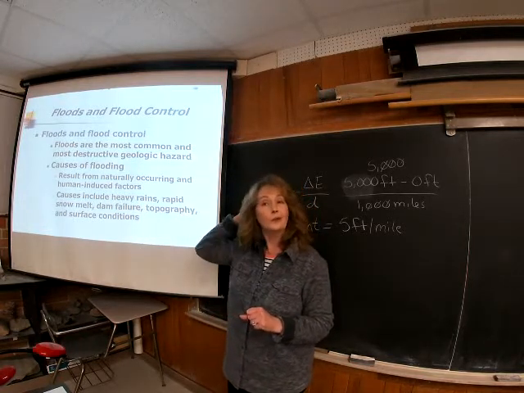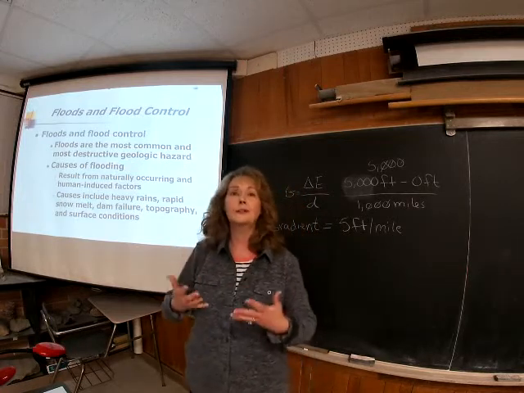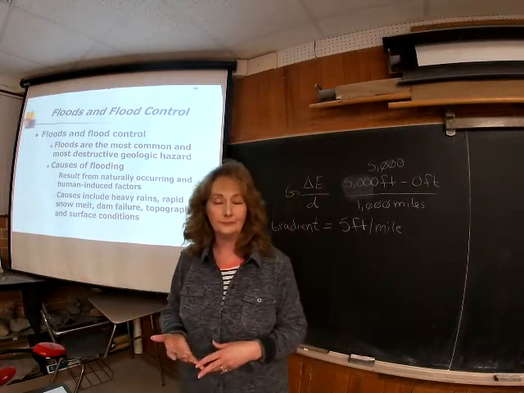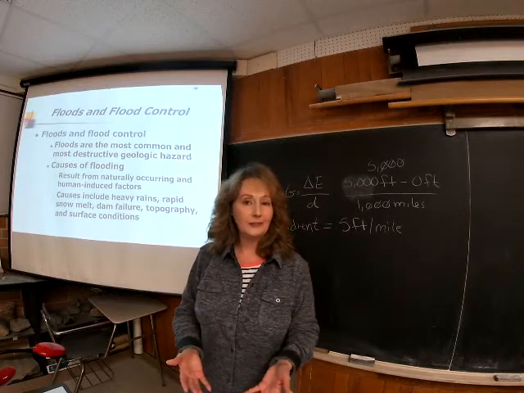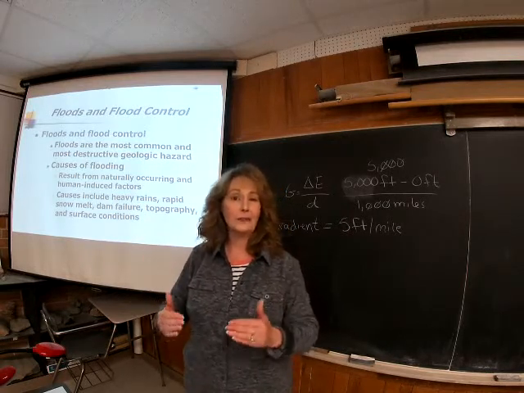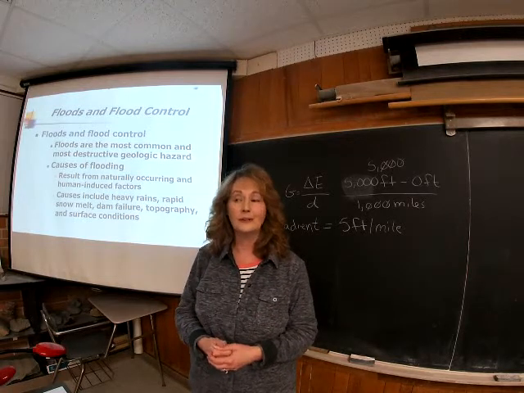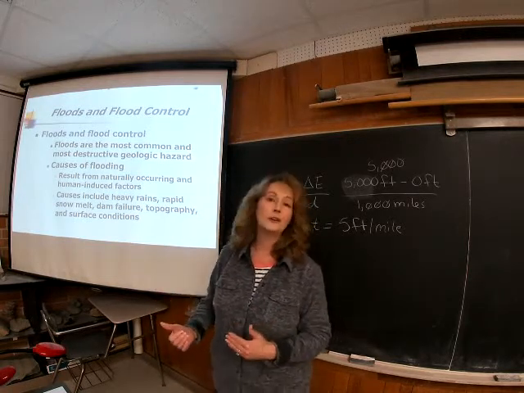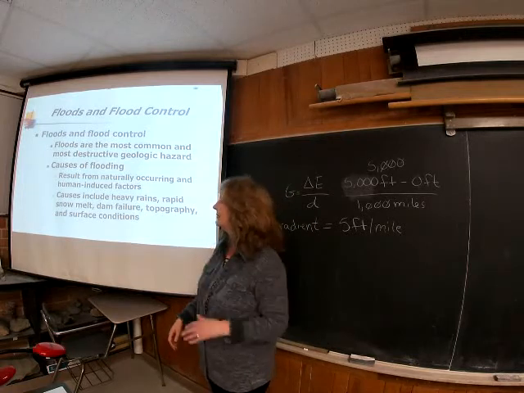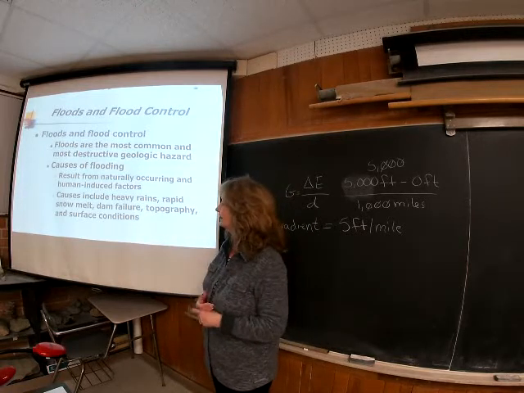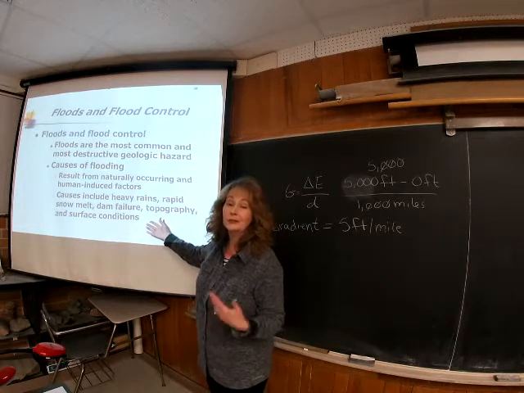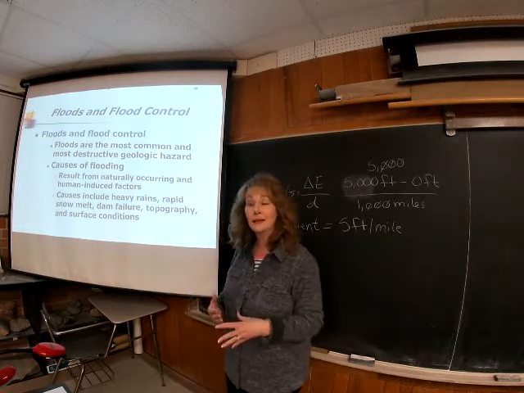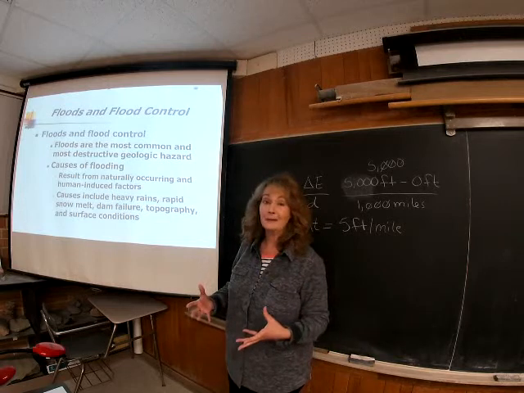Rapid snow melt. So here with the Mississippi River, it starts way up in Minnesota. They get a lot of snow up there. That snow will melt eventually. All that water's making its way to the Mississippi River, and that volume of water is going to come down our way eventually. So snow melt is adding to the volume of water. Dam failure. So yeah, we try to control our rivers by putting up dams, but your dam can break,